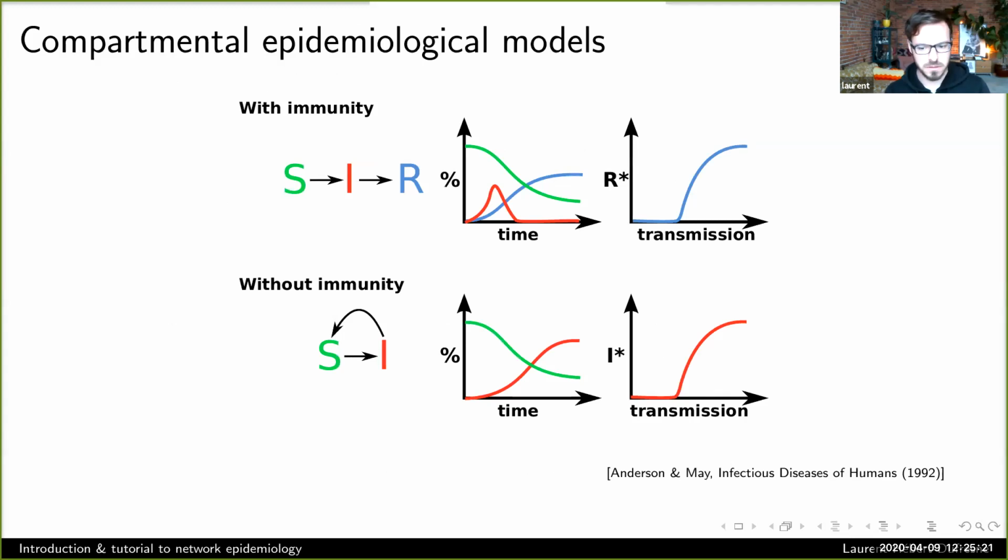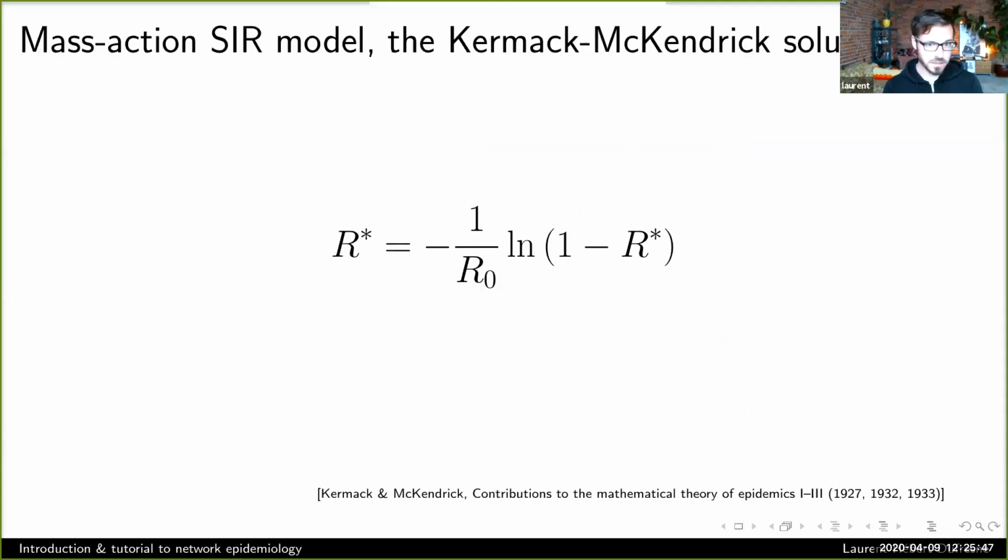SIR models are similar, but as we'll see, they're a little different. But in terms of having this epidemic threshold, it's the same thing. So here I complete my picture of compartmental epidemiological models. I just add this idea that beyond the exponential rate, if we look at varying the transmission rate, there's a regime on the left of my final plots here where there's just no outbreak. And there's a regime of growing outbreaks with growing transmission rate on the right side. So the same thing happens in the SIR model. It's a little harder to solve. The classic solution comes from the 1920s, actually, by Kermack and McKendrick.